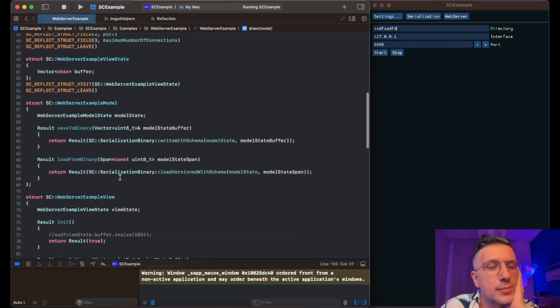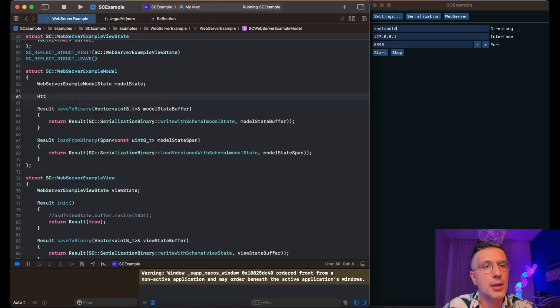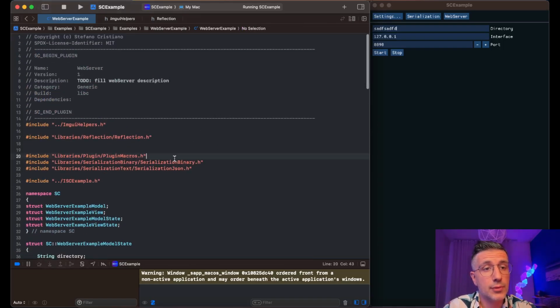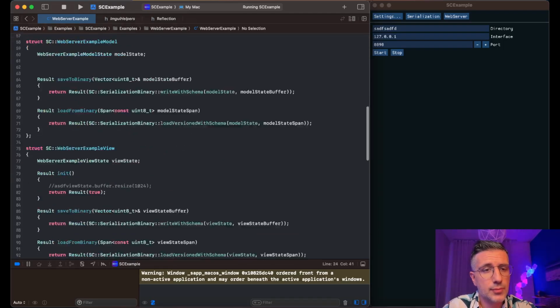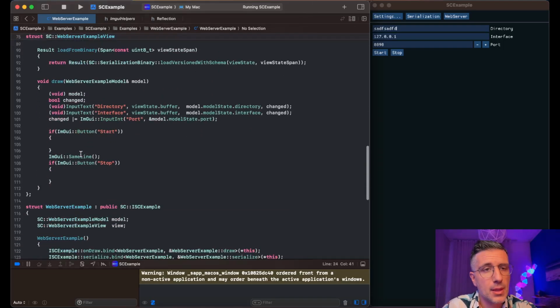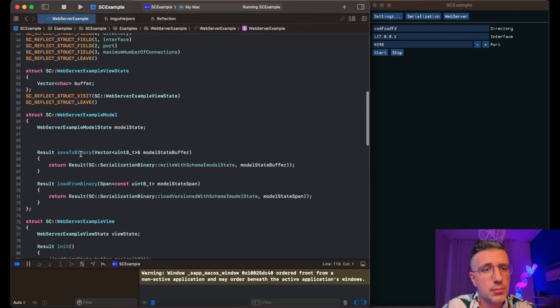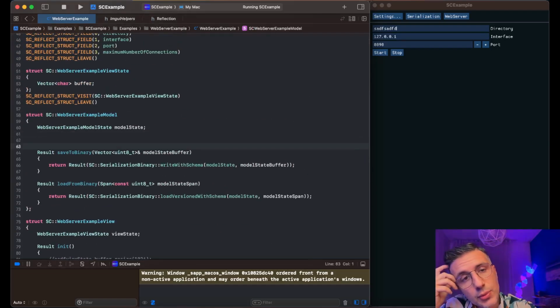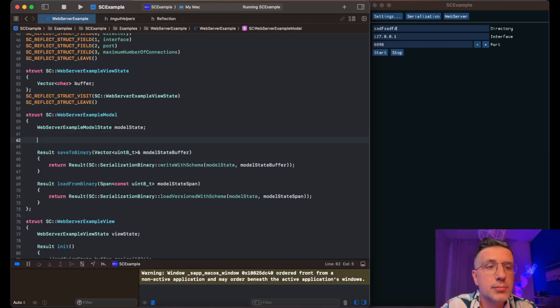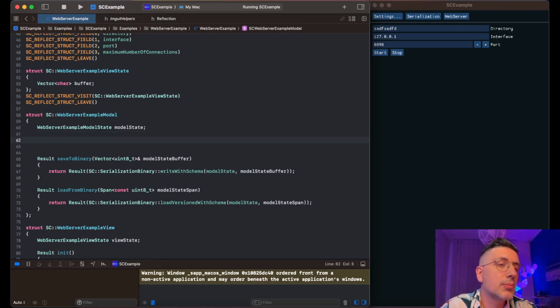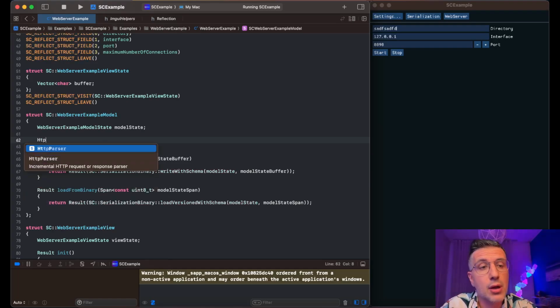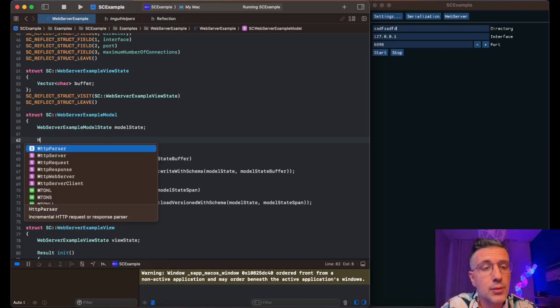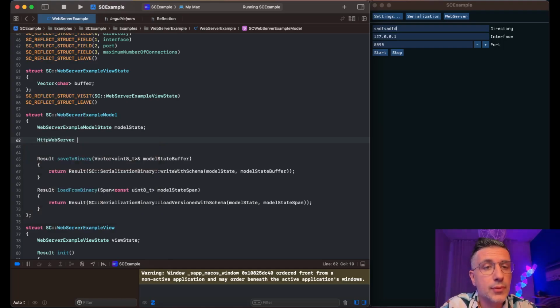So now the model should have an, I need to include it first. So libraries, HTTP WebServer. And I need to add, where is it? The model class. So the model class is where you can add all of the non-serializable objects that define the logic of your application. So everything that is not the state that should be preserved. So definitely, anything that has sockets can go into that category. HTTP web server,